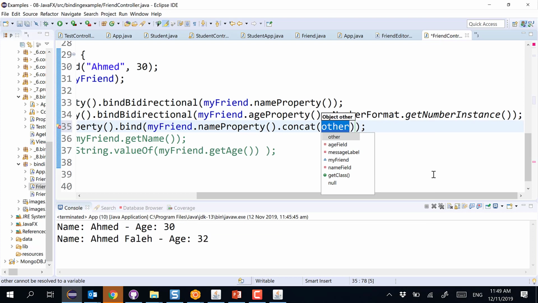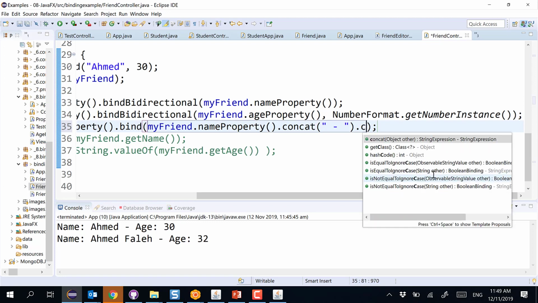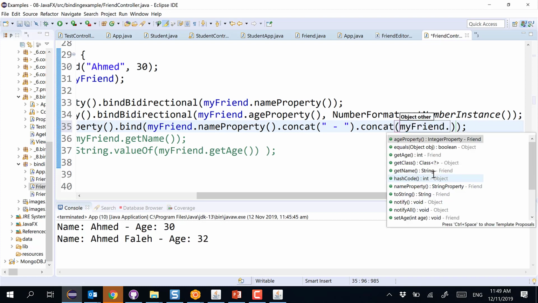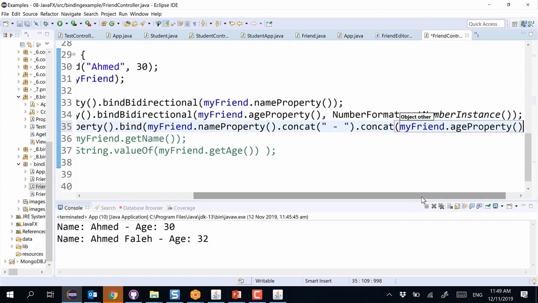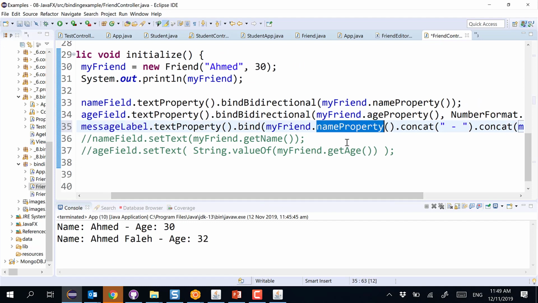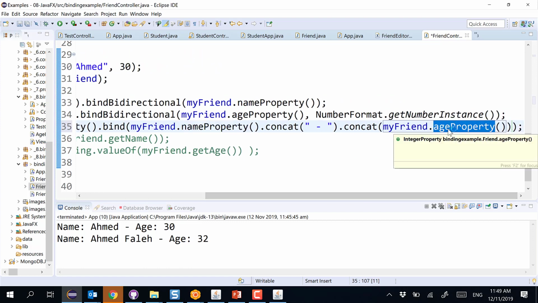Concatenate this with some, let's say some space, concatenate it again with my friend dot age property. Yes, are you following? So I'm taking this property binding, this message text property, and say whenever the name changes or the age changes, I want you to construct a string that has the name dash age and displays in the label. Okay. Now if I run, let me close this, and if I run this,